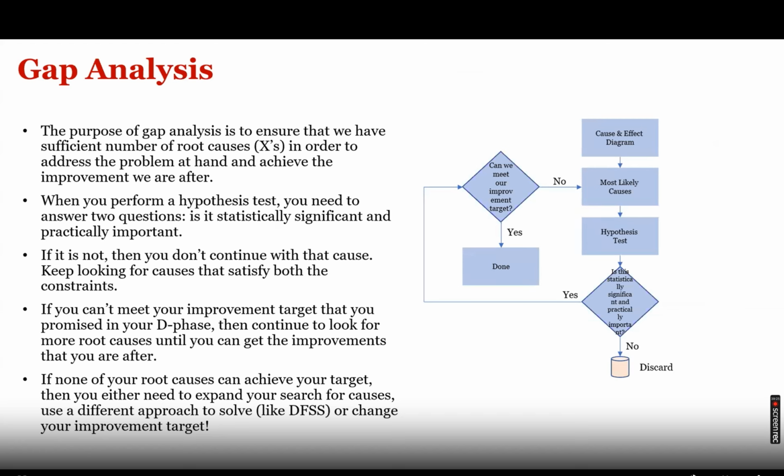At this stage of your process, you have clearly understood the root causes of the problem, and you also know how much you have to improve your process, not how, but how much, so that you can attain the CTQ or the specification limits given by the customer. That will help you create a gap analysis now: what we need to attain and where we are now. That is the gap you have to fill up, and accordingly you'll be working on this.